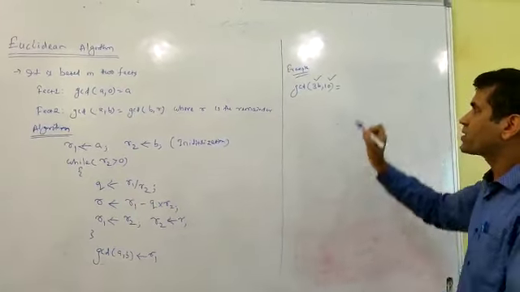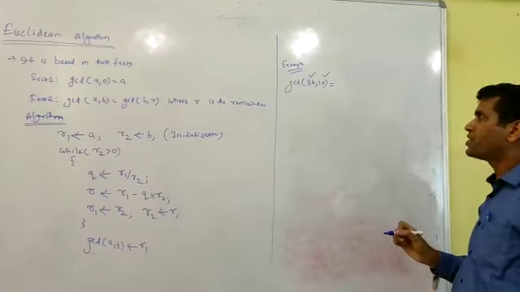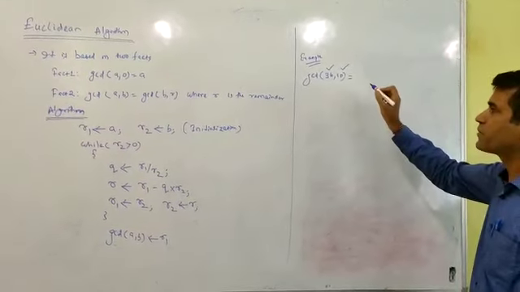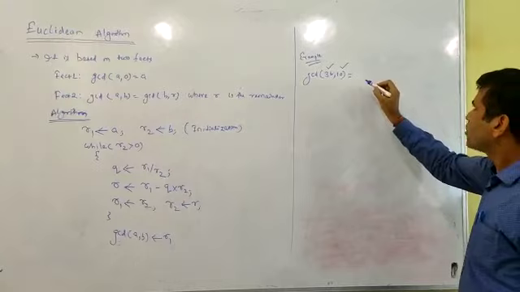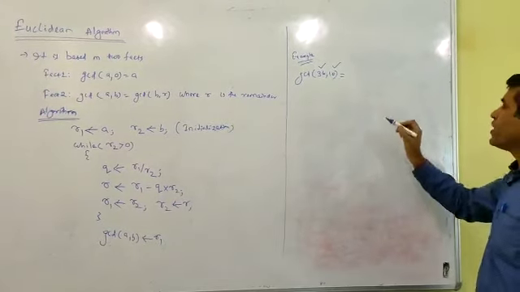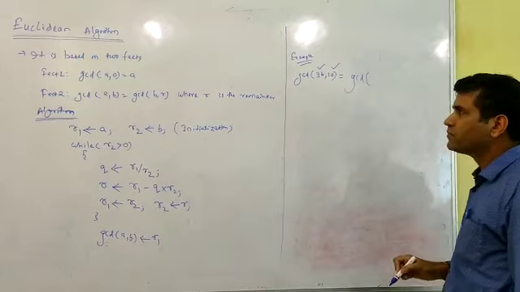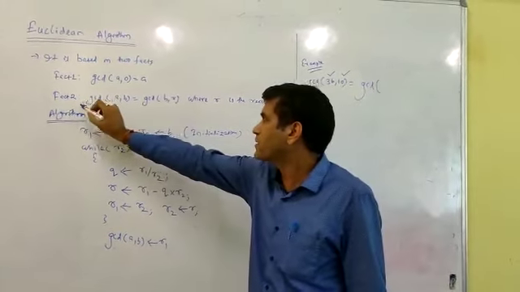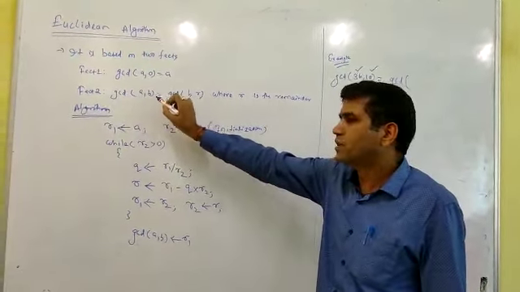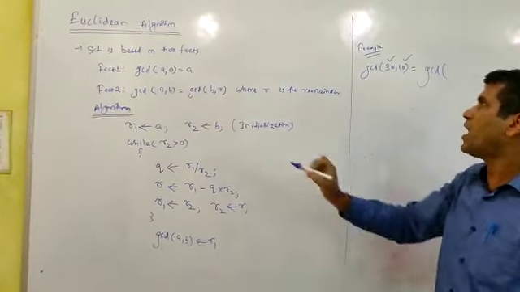Through this way, we can solve GCD. How to find out GCD, greatest common divisor of 36 comma 10? Before that, we have to focus on how to do this. GCD of, how to write this? See this in fact 2. What happened? GCD of A comma B equals GCD of B comma R.